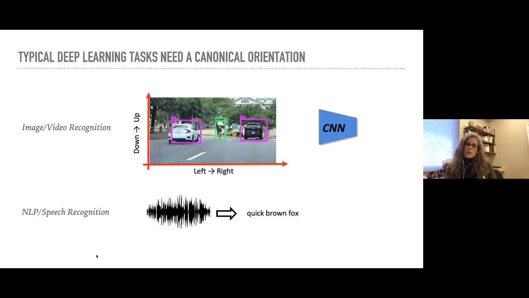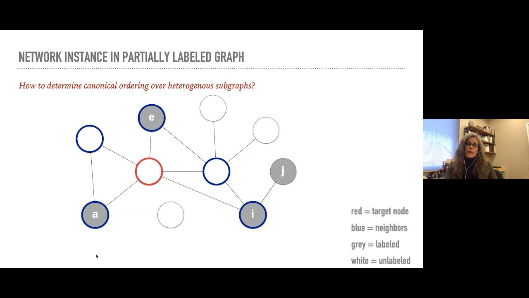And then often if we have a vector representation, that's used for things that are more like a language type problems or temporal problems, where there's an assumption of the ordering over the vector that goes from past to future. And those type of orderings can be used in recurrent neural network structures. But if we have heterogeneous graph structures, it's not clear how to determine canonical ordering over the elements in a subgraph. So for example, if we have the target node that's circled in red, and we have